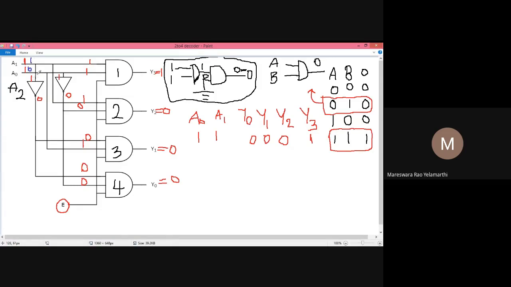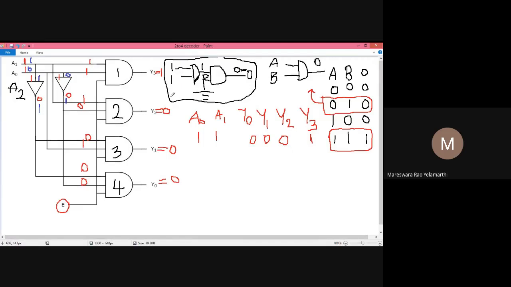Since A1 is 1, this particular NOT gate output is 1. And this NOT gate is connected to 0, so its output is 1. Please concentrate on my screen. I am using blue color for this input combination.